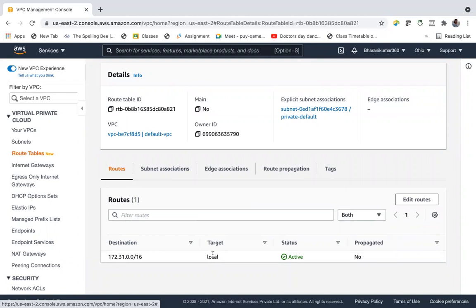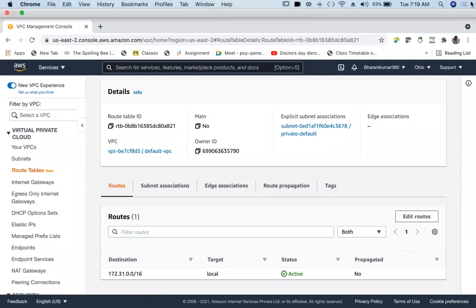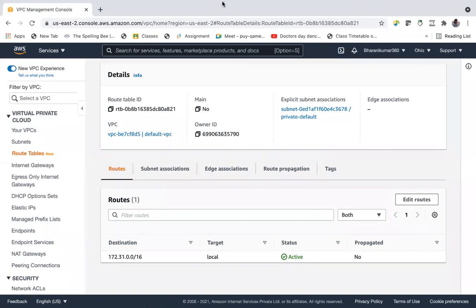And sometimes we want our instances within the private subnet, our private instances, to communicate to the outside internet. We talked about 2 scenarios. Backend servers, they don't need to connect to the internet. Internet facing is not required, but when there are updates or security patches which have to be installed from the internet, in such scenarios, private instances have to connect to the internet. So we can do that using NAT gateway. So let's go. Here we have NAT gateway.